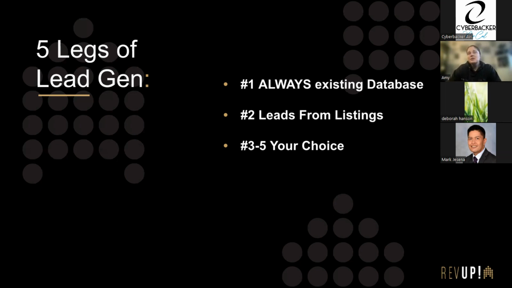Okay, number 2 form of lead gen should always be leads from listings. You want to be listing based, right? So ideally you would want your business 50% or higher in leads or in listings versus buyer transactions. Oftentimes as new agents, we start on the lower side because it's easier to find buyer clients, but ultimately we want to move to a place where we are heavy on the listing side, because we're going to leverage those